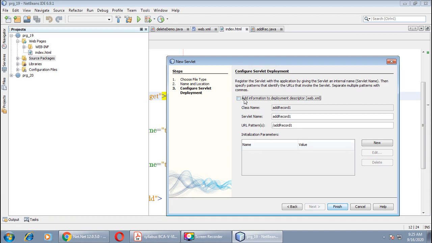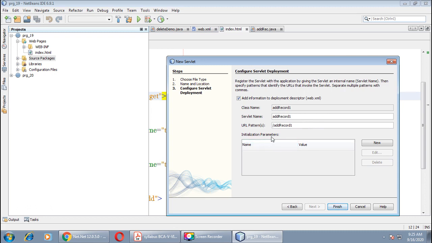Add the information to deployment descriptor. Don't forget to select this checkbox, and this will automatically insert some information in your web.xml file. Class name is add record 1, servlet name is also add record 1, and URL pattern of this servlet is also same, add record 1.